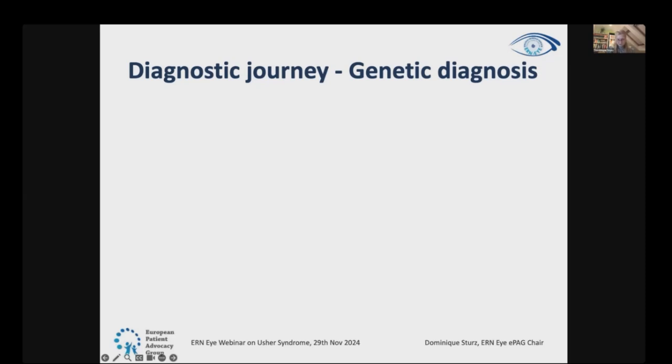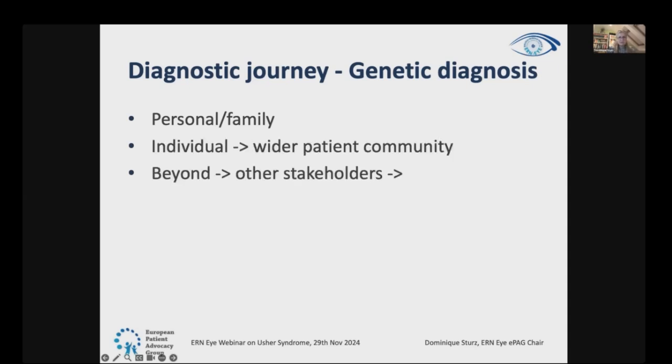So to know if it is Usher syndrome, we absolutely need a genetic diagnosis, which is relevant not only from a personal point of view for the family, but beyond that, for the wider patient community and other stakeholders. Having that accurate genetic diagnosis available to the wider patient community and beyond to other stakeholders will have a positive effect,